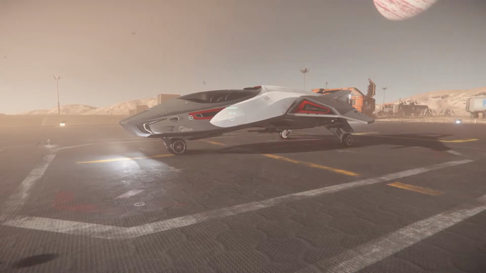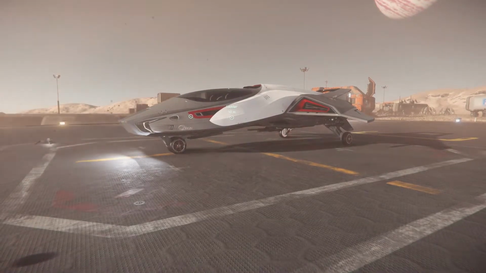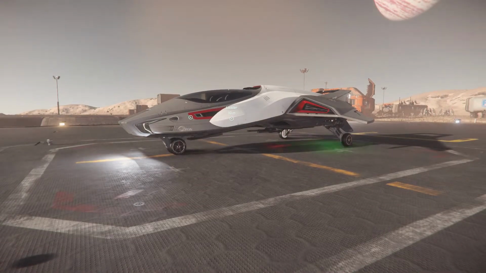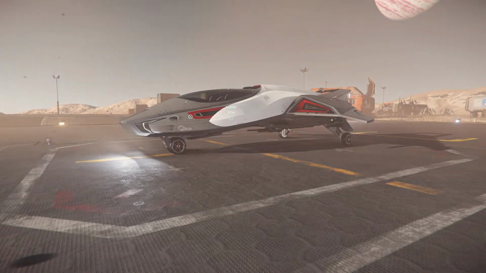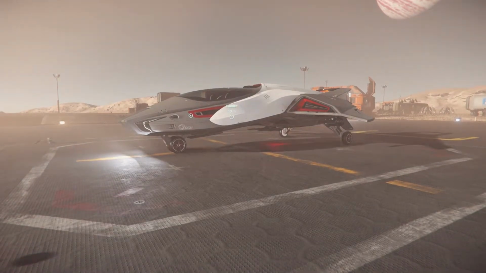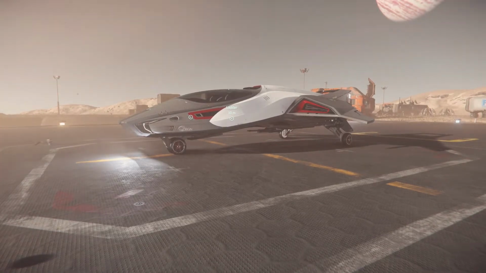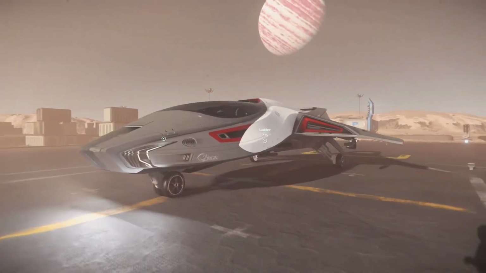Today we are going to take a look at this Origin 85X. This 85X is not really a fighter, but instead it's a touring ship. It's being classified as a kind of snub fighter, but before I talk more about it, let's get to it first. This ship is relatively small, so